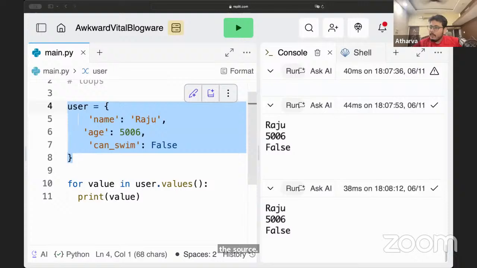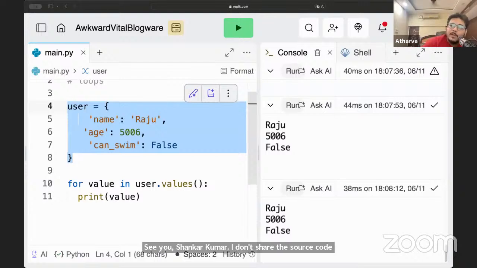I don't share the source code because I expect you guys to do it yourself as well. If you are not doing it yourself, then what's the point of attending this class? What will you learn out of it? Because this is still very basic. Once we start moving to something really more advanced, you'll practically learn nothing if you don't do it yourself. Literally, there will be zero output from you guys if you don't code it yourself.